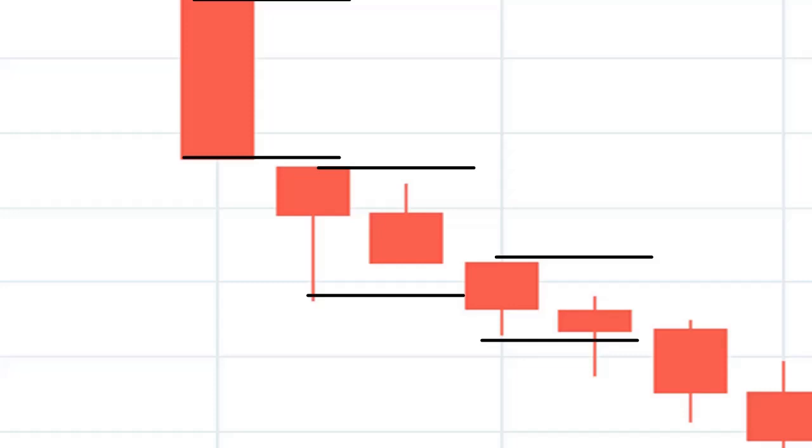Now I have marked the high and low of the fourth candle, and you can see the fifth candle has not closed below the low, so we are not going to consider this as a relevant candle. The sixth candle, however, has broken the low and closed below it, so we will consider this as a relevant candle. In this way we can determine the direction, and you can see that it was clearly a downside one. Now let's move on to another example.